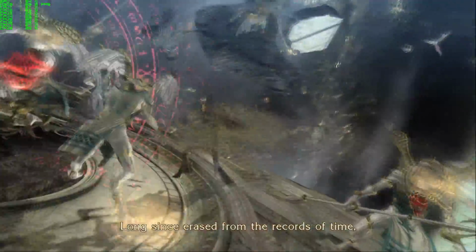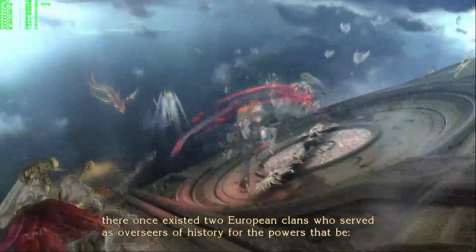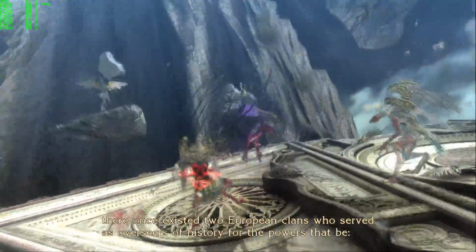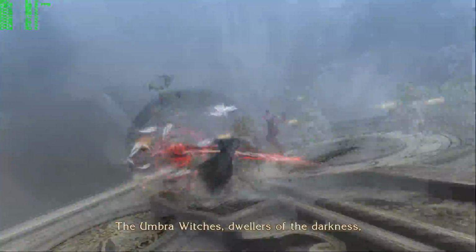Long since erased from the records of time, there once existed two European clans who served as overseers of history for the powers that be. The Umbra Witches, dwellers of the...